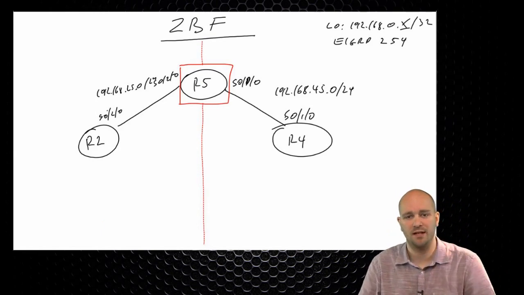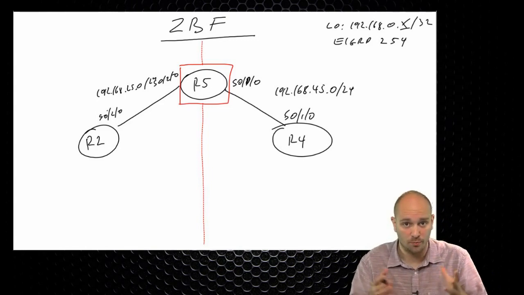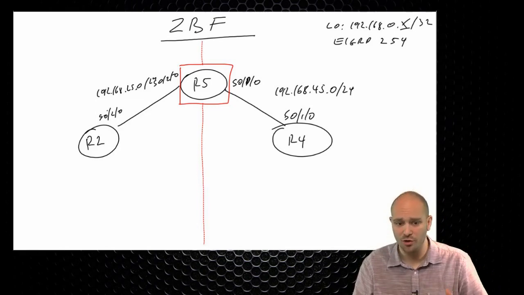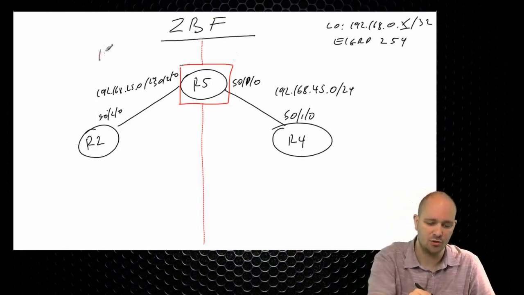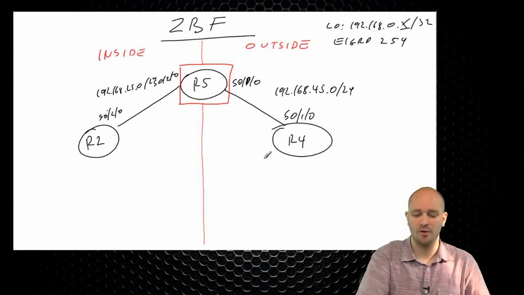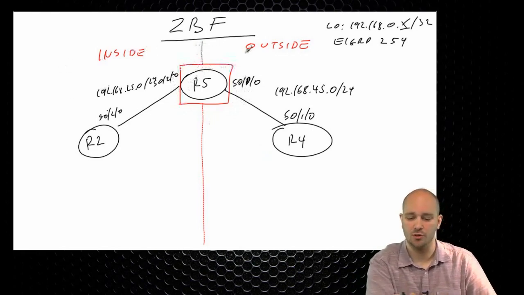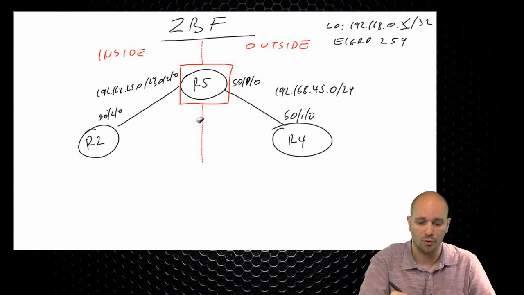And when we are dealing with stateful firewalls, we always have to think of the zones, and this is exactly what the zone-based stands for. So we are going to divide our network into 2 zones. You can call them whatever you like, but I'm going to use their traditional names. Let's say that this is going to be the inside of our network, and this is going to be the outside of our network. So I'm going to create 2 zones on R5, one that is going to be dealing with the inside and the other one that is going to be dealing with the outside. And these are the rules that I want to allow. So from inside to outside,